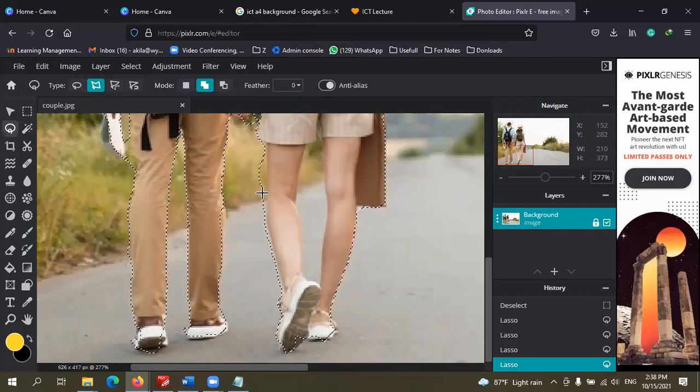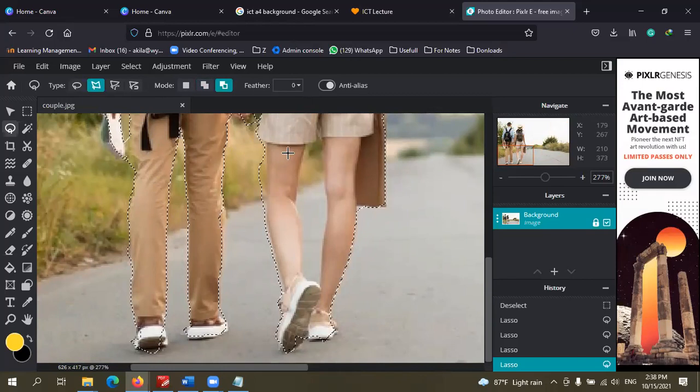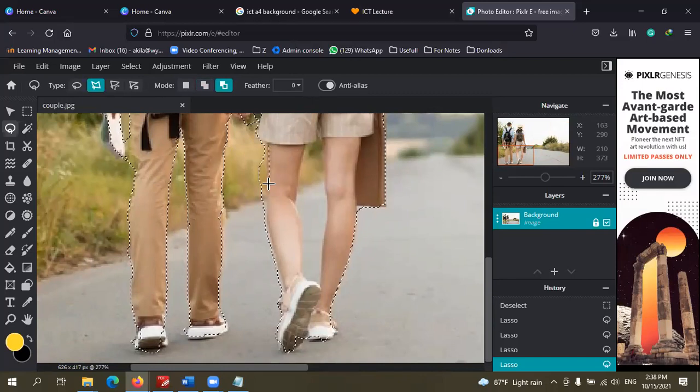See? And here, some additional area is selected. So remove from selection. And like this, we have to select the additional area, right? Complete. Here, I want to remove this area as well.